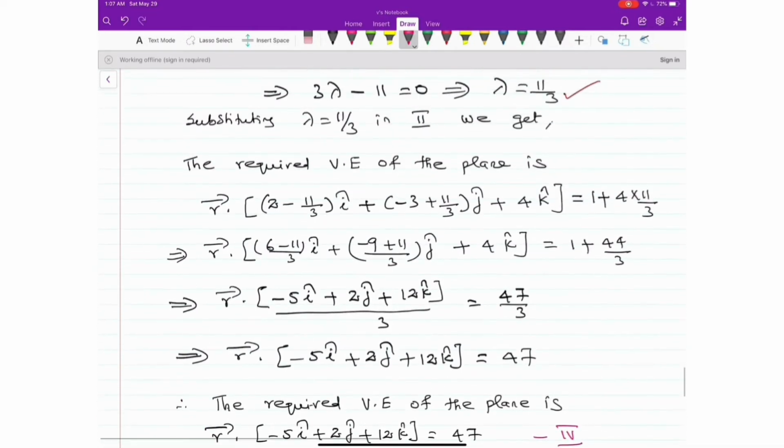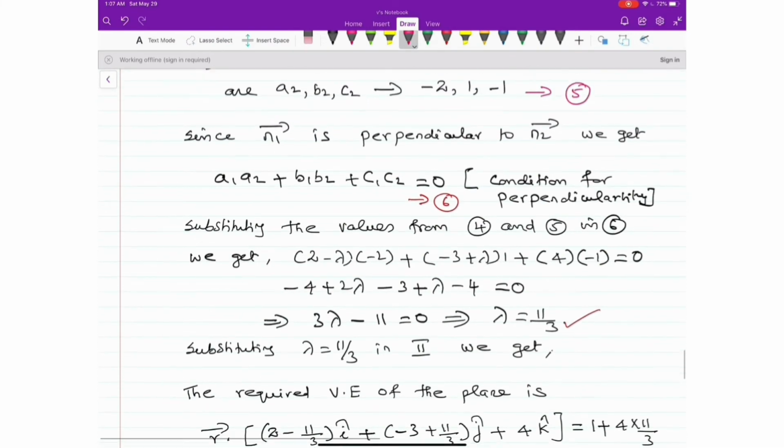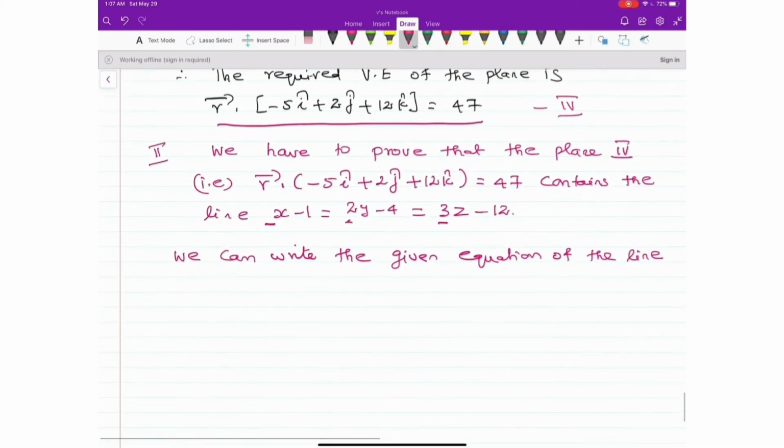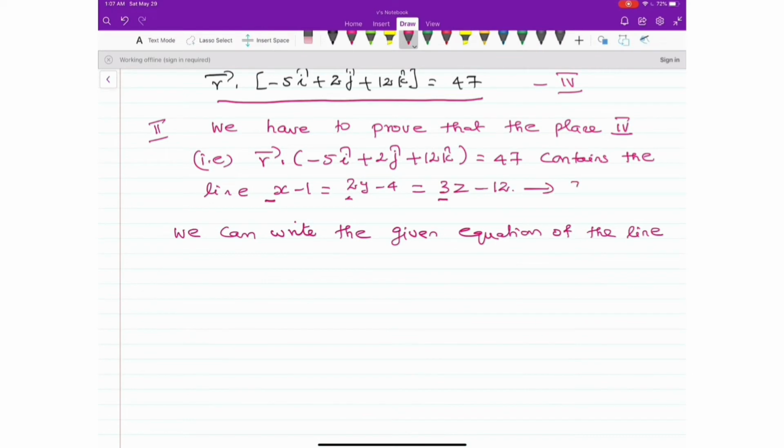Let me name it as 7, in standard form as